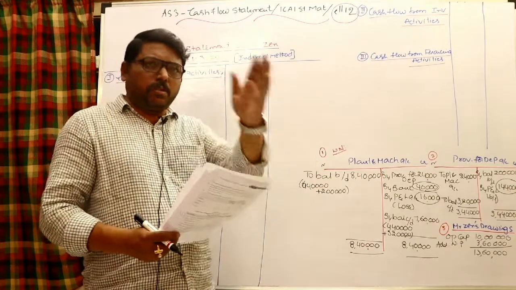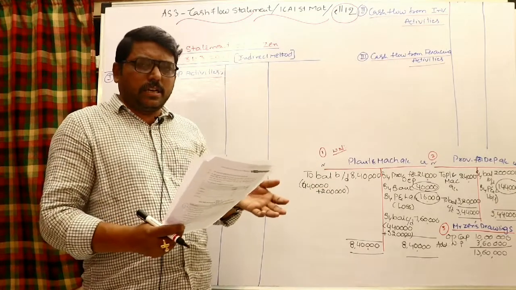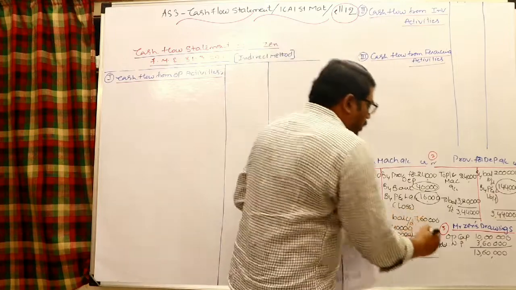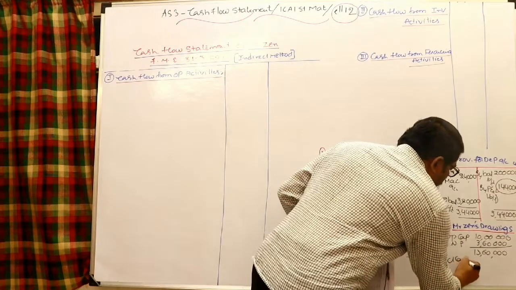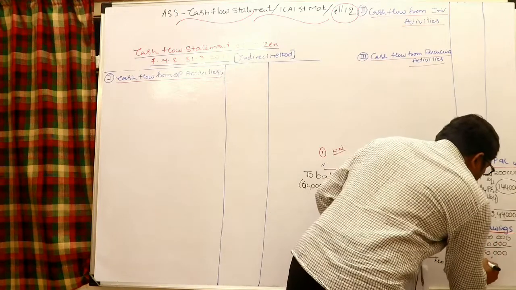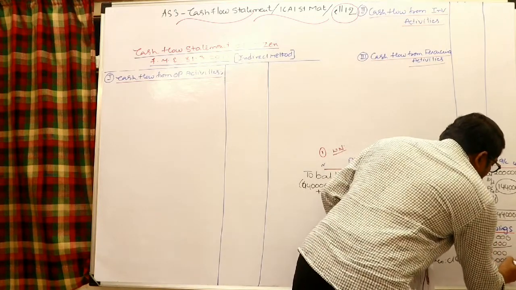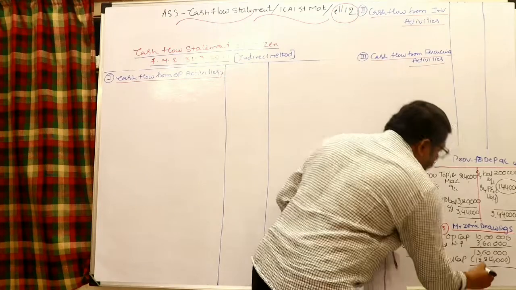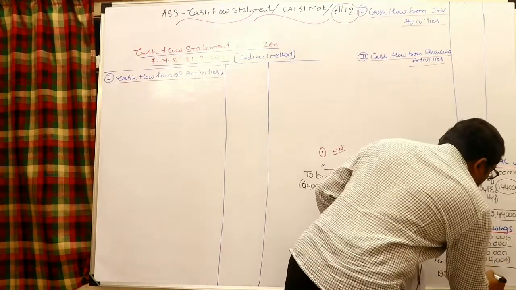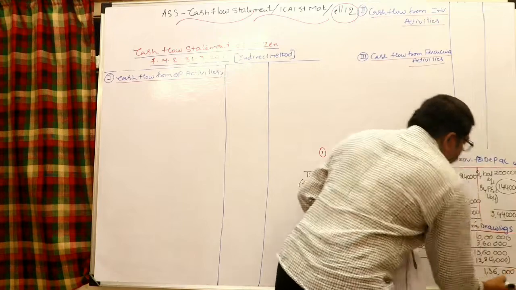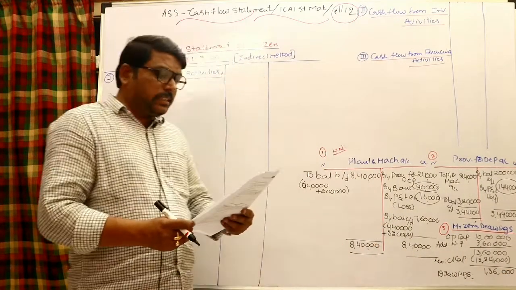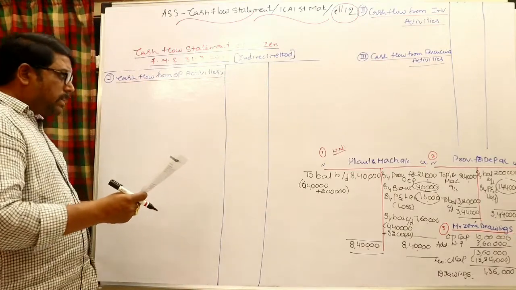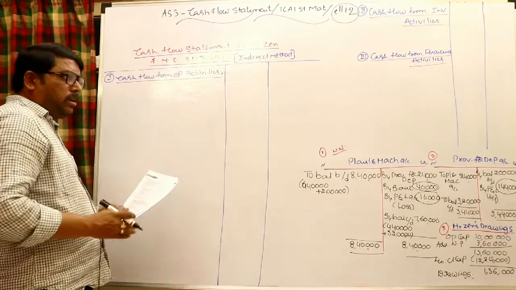If you compare this capital with the closing capital, if it is an increase, I can say additional capital brought in. If it is a decrease, I can say drawings. Here it is 13 lakh 60,000 less closing capital 12 lakh 24,000. So the difference amount we can say is drawings made by the proprietor during the period. It is a financing activity, 1,36,000. That's all. Once this working note is completed, you can come back to the activities one by one. First let us finish this and we can go to the remaining two also.